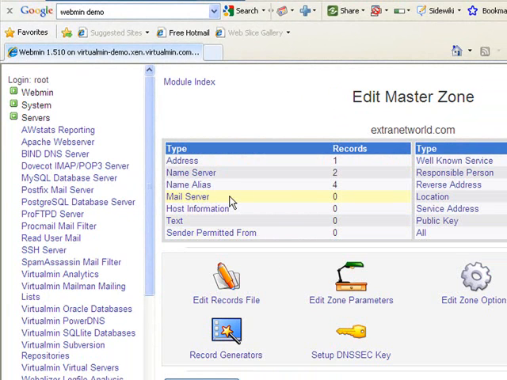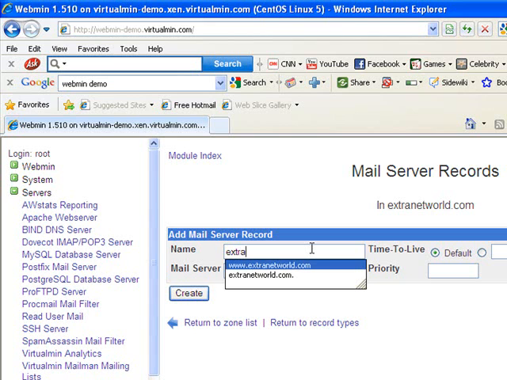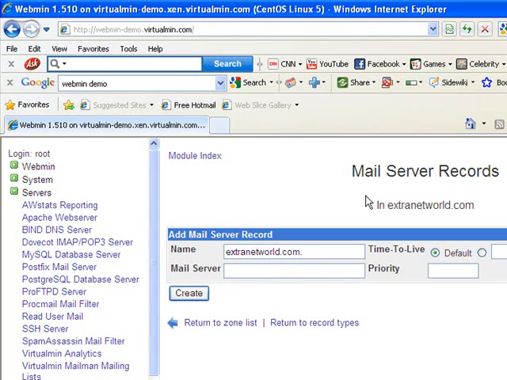Let us add mail server. Name of zone is extranetworld.com. You can see here, this is the name of the zone, and the mail server for this zone is mail.extranetworld.com.